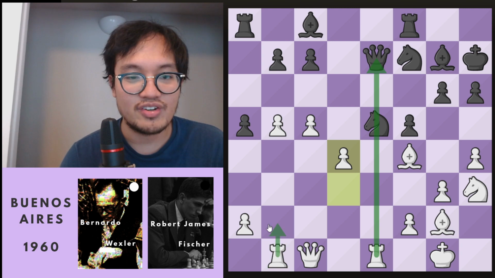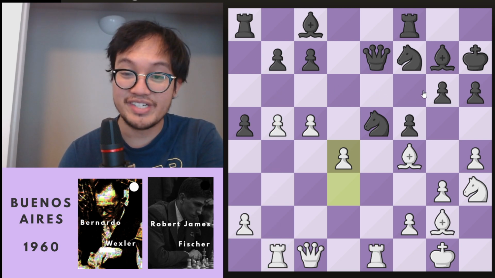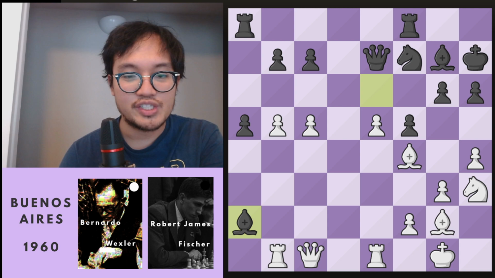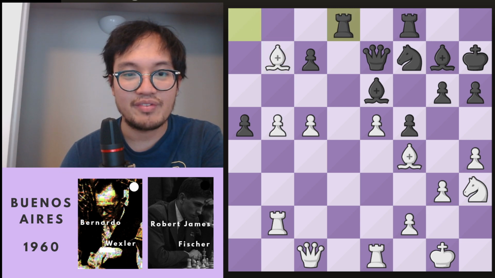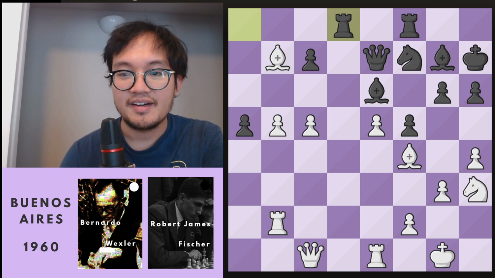These rooks are looking dangerous. So yeah, not such a good game for Fischer. Bishop to e6, d takes, rook a to b8. You can also play bishop to x8 a2, then rook b2, bishop to e6, bishop takes, and then we have rook to d8, right? Controlling this, and